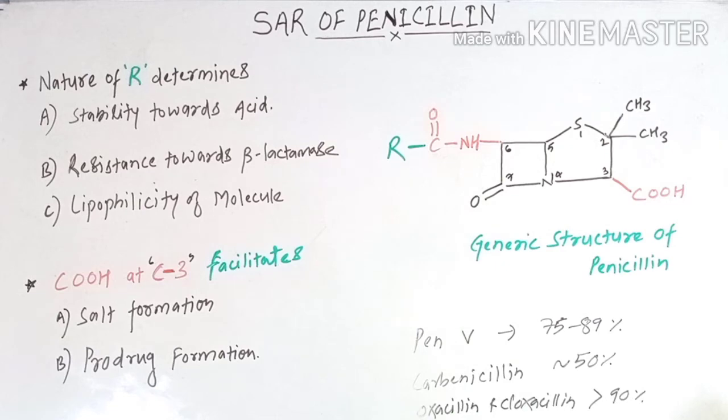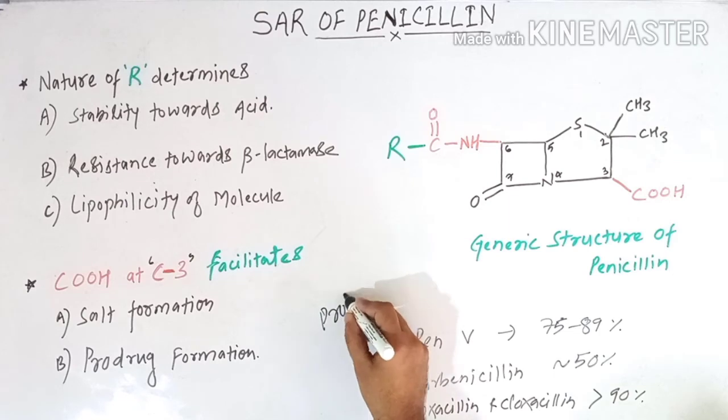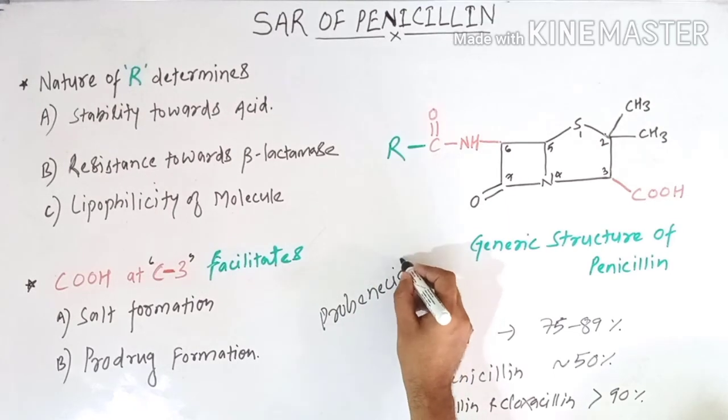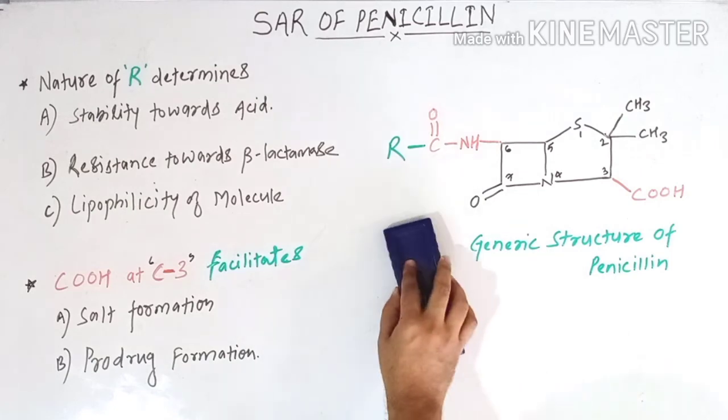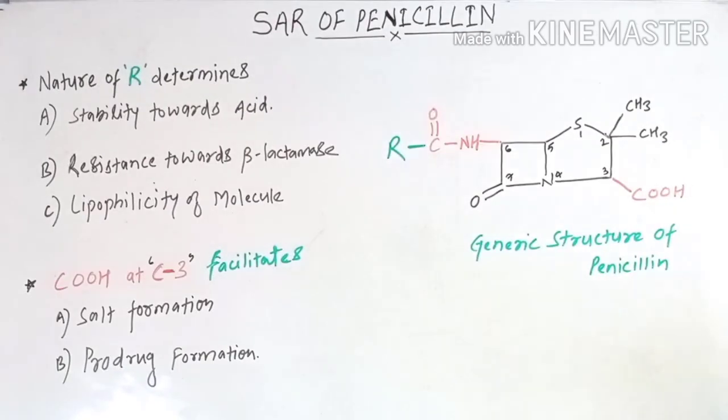Here one thing we have to remember, this protein binding does not have any relationship with the half-life of this antibiotic. Why? Because this penicillin is actively secreted or excreted into the urine via an active transport system, and one of the drugs which is known by the name probenecid competitively inhibits the excretion of penicillin via that active transport system. So this is how the substitution at the R group affects the following properties of this penicillin molecule.